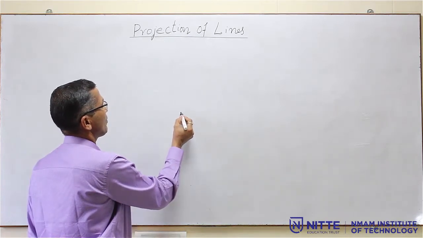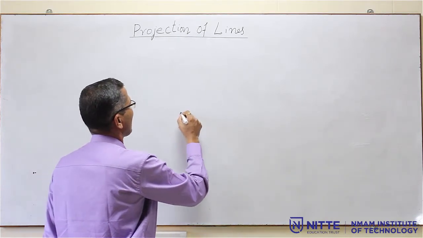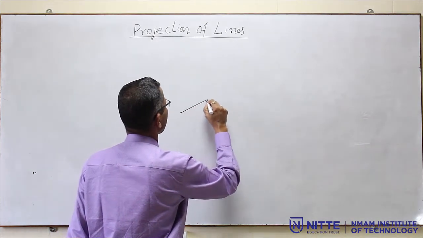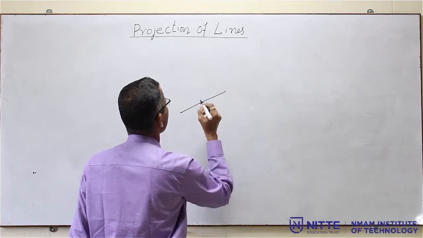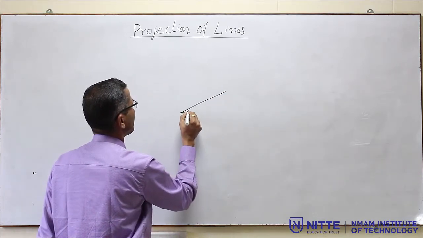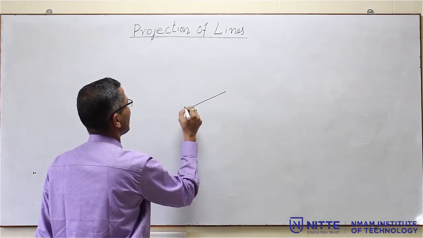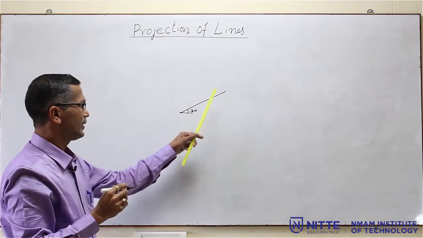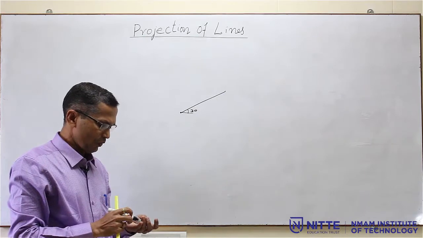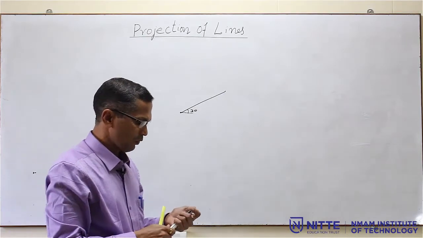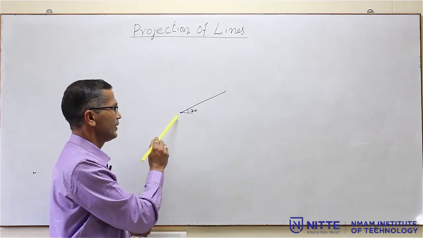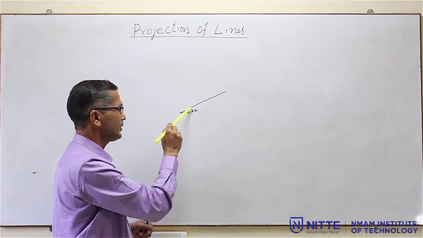Now this is the point from where I want to draw at an angle of 30 degree, a length of 100 mm. So I can draw like this. Length of this is 100 mm and inclination of this is 30 degree, and this is the point from where I can draw this. So this is a straight line. Now to draw the straight line, we need to have the information about its position, its length and its orientation or inclination.